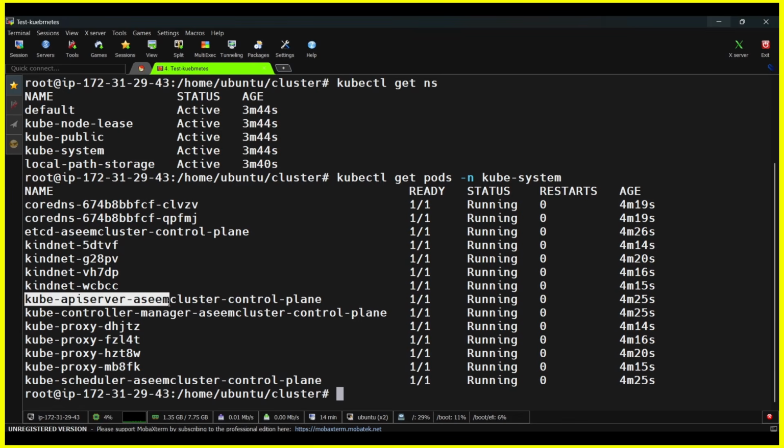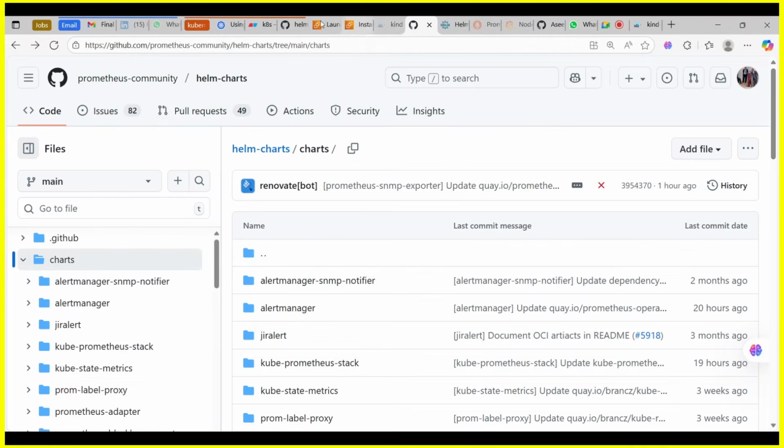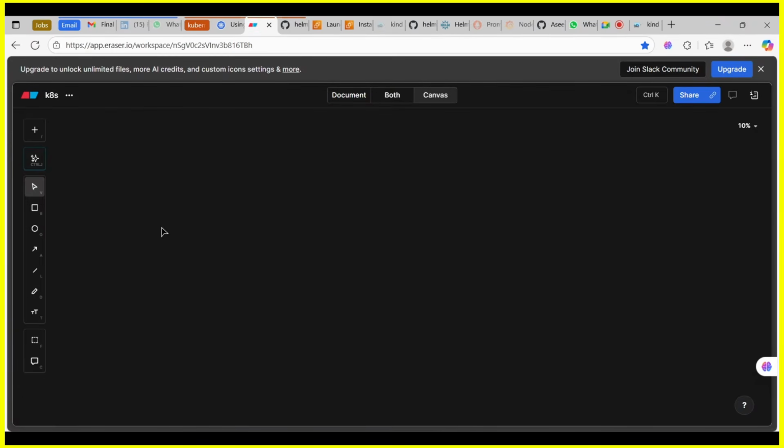And there is a kube API, kube controller, proxy. As per our diagram which we have created, right? So it is taking,